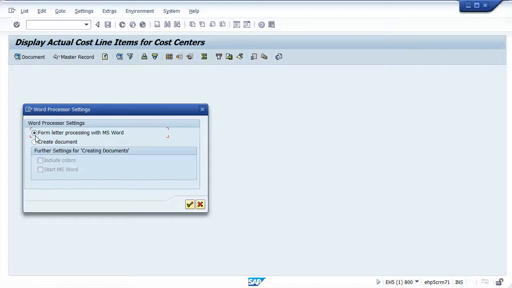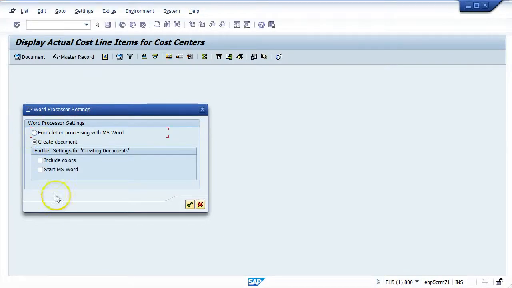Now, Mail Merge is outside the scope of this video, but I want you to know that you do have that as an option, as with any Mail Merge within Word. We can use Excel, we could use Access, we could use some other list to populate the data. I want you to know that it is available to you to create mail merge documents using SAP ALV grid data. Okay, for me, that's not something I'm interested in at this time, so I'm going to choose create